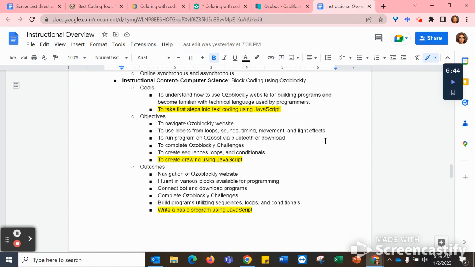I kind of felt like there was something missing in my unit that I wanted to extend it one more step, especially after getting some responses from classmates about maybe what I was doing was too simple. And I thought, okay, well, let's take it up a notch. And a way to do that would be to take it to text coding. So I think that this open resource where they create a drawing